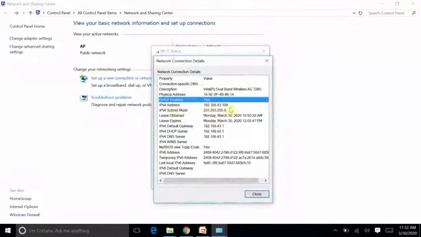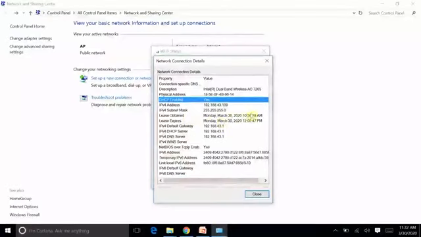IP address and subnet mask. I already told you in the previous semester what the purpose of the subnet mask is. This is the lease obtained, when the connection was established, when the DHCP message exchange was established. And the lease expires time shows till when it will be connected.